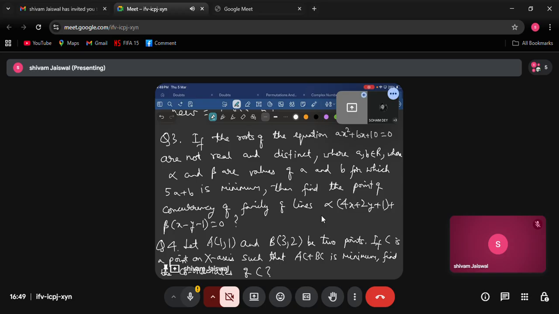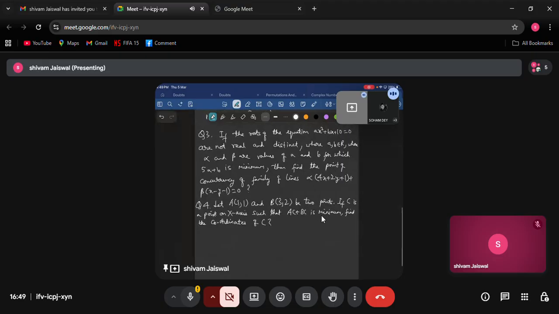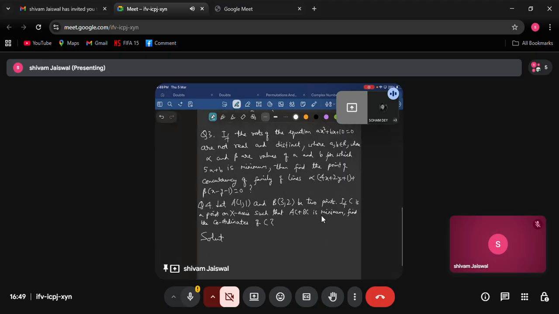Let me start. The roots of the equation are not real and distinct, where a, b belong to R, and alpha and beta are the values of a and b for which 5a plus b is minimum. Then find the point of concurrency of the family of lines. Okay, let us start. Number 3. Over here, it is not real and distinct, that means either ax square plus bx plus